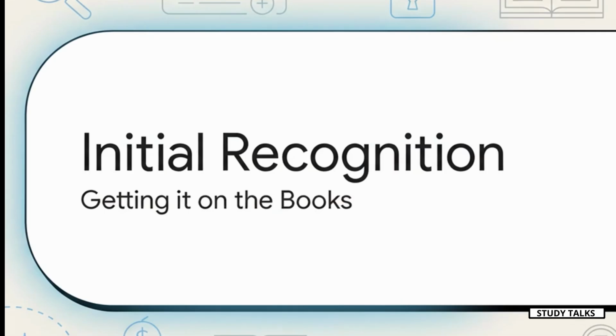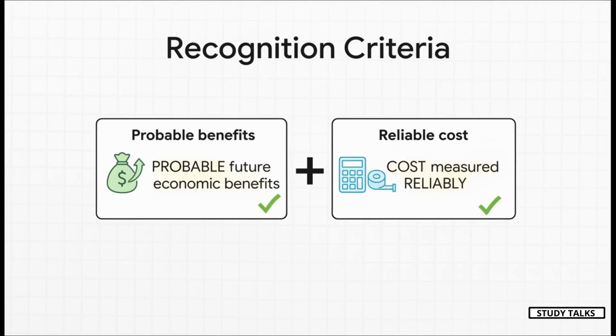Okay, so let's say we have an item that's passed our 3-pillar test. It's identifiable, we control it, and it's going to bring in cash. Awesome! So how do we actually get it onto our balance sheet? AS26 is really strict here. It gives us 2 conditions that you absolutely must meet. You can only recognize an intangible asset if it's probable that those future benefits are going to flow to you, and this is a big one, you can measure its cost reliably. If you can't put a solid, reliable number on it, you can't capitalize it.